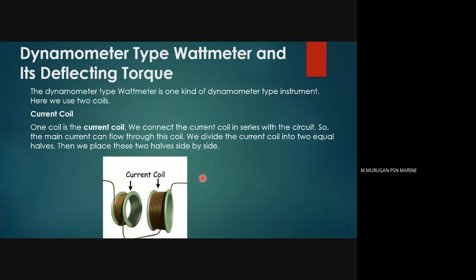You already know this from your basic electrical and electronics engineering: what is series connection and what is parallel connection, parallel connection of resistors, series connection of resistors. Ammeters are always connected in series, and voltmeters are always connected in parallel to the supply in order to measure the respective value.